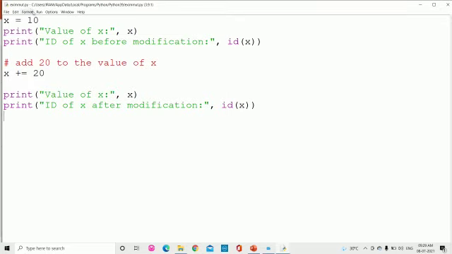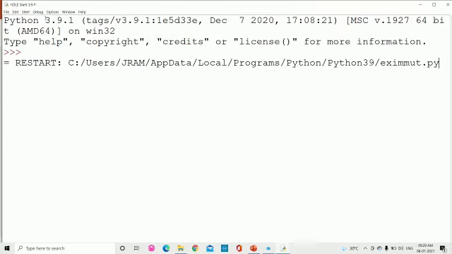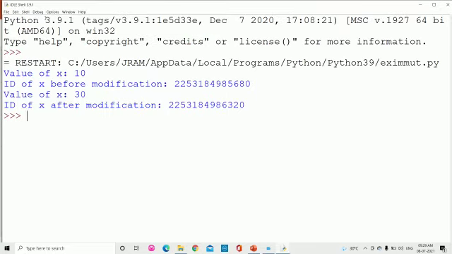Now I am executing this program. Let's see what happens. Here you can see that when it was 10, the number was 2253184985680. For the second one, check, the ID has changed, which means x was given a new value 30 from 10.